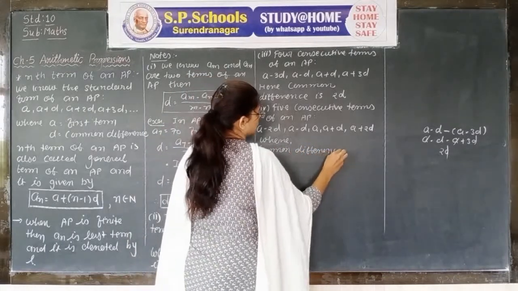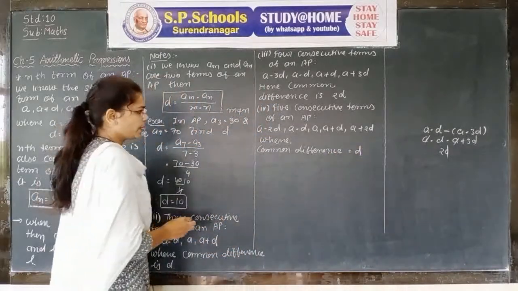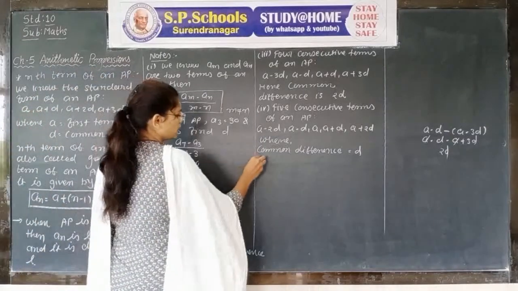The common difference is the same as for 3 consecutive terms. Here the common difference is equal to d, not 2d. But the first term is a minus 2d, not a, keep in mind. Next is